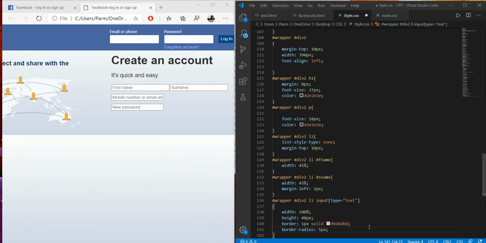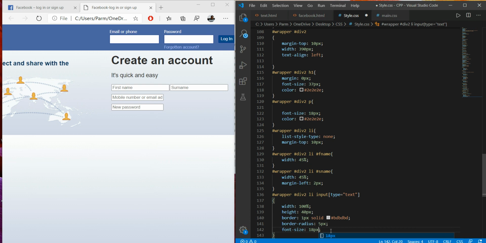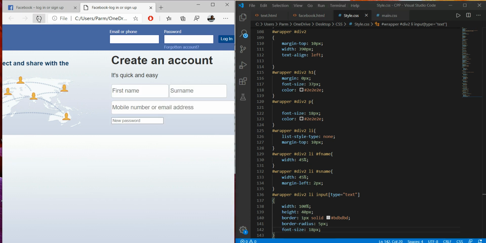I also have to give some font size, so here I'm selecting a font size of around 18 pixels. Just save this and refresh it. Here we go, we have done this.